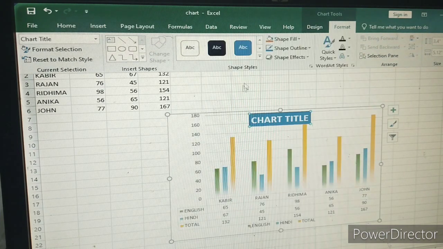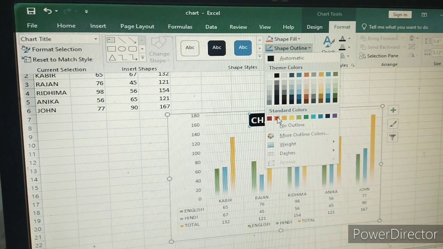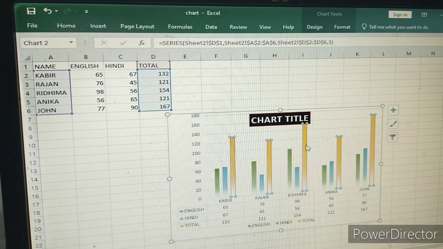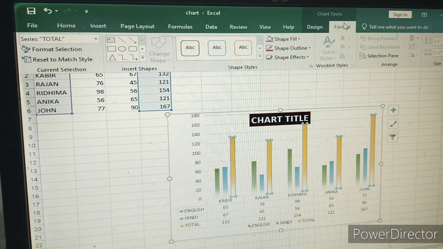You can select anything, whatever you want. Now Outline. We can change the format of the text, or we can change the color, we can change the font, everything with the help of this Format menu.